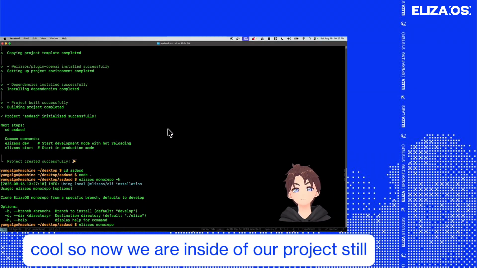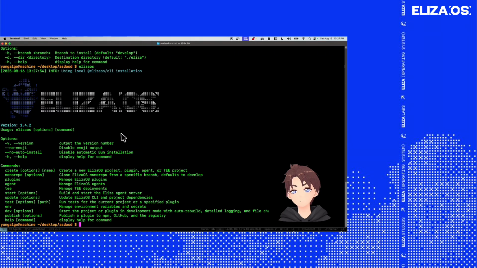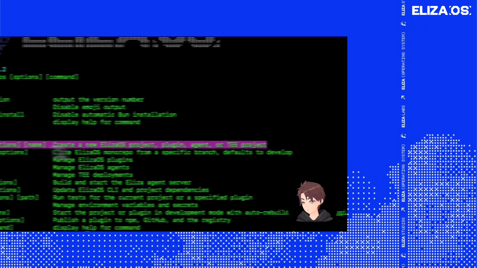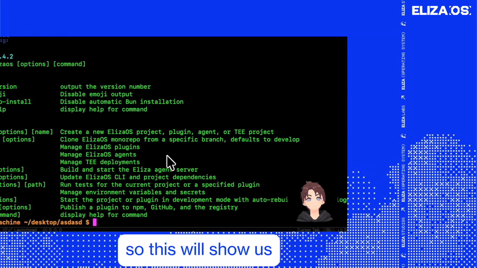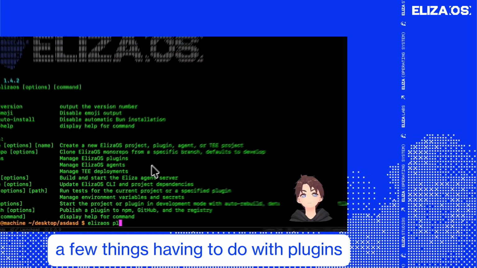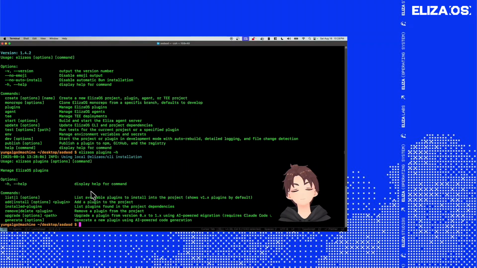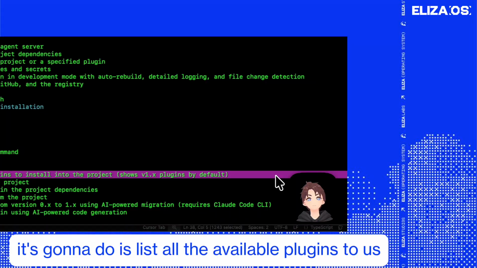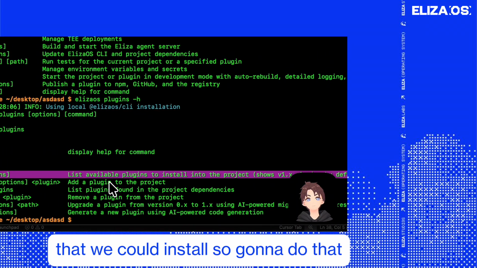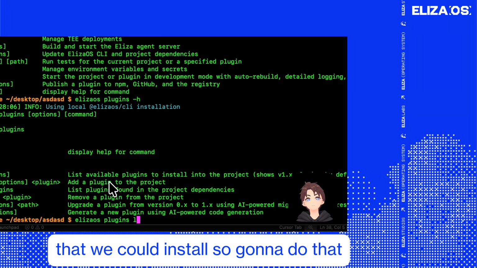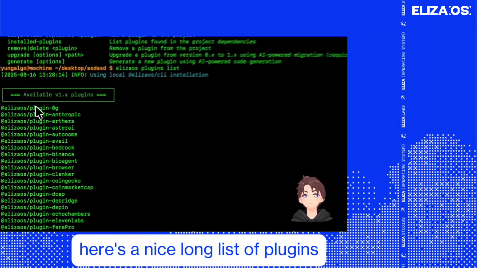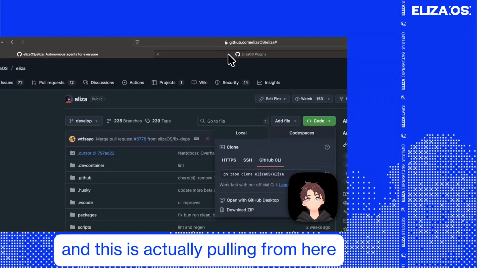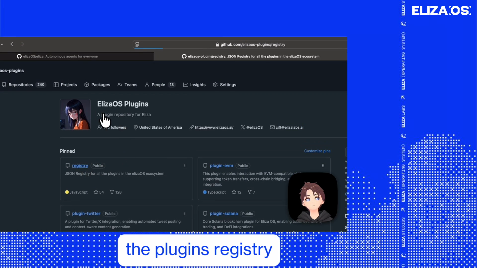Cool, so now we are inside of our project still. We've done create, we've done monorepo. Now it's time to do plugins. So this will show us a few things having to do with plugins. First thing it's going to do is list all the available plugins to us that we could install. So gonna do that. Here's a nice long list of plugins, and this is actually pulling from here